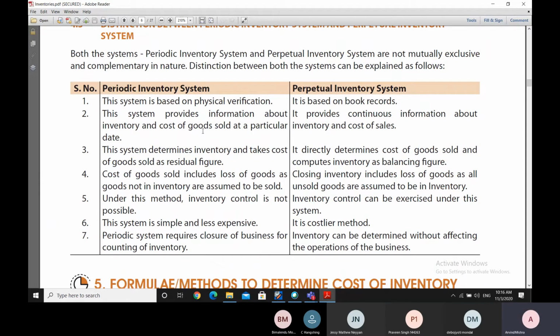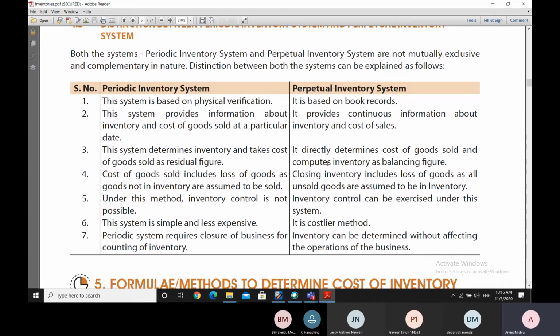But the perpetual inventory system provides continuous information, not just for a particular date, for all dates and all times. That's continuous information about both the inventory as well as cost of sales. Periodic system determines the inventory and takes cost of goods as the residual figure, whereas the perpetual inventory system directly determines the cost of goods sold and it computes inventory as the residual figure or as